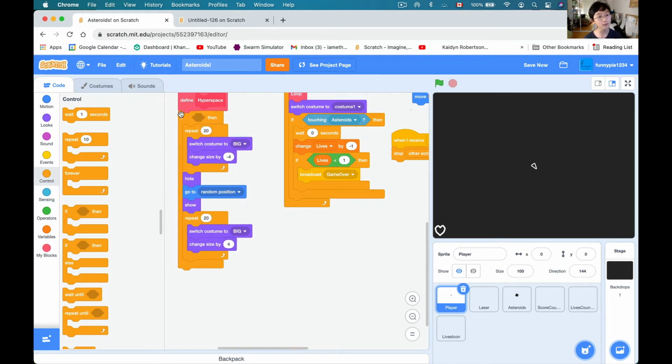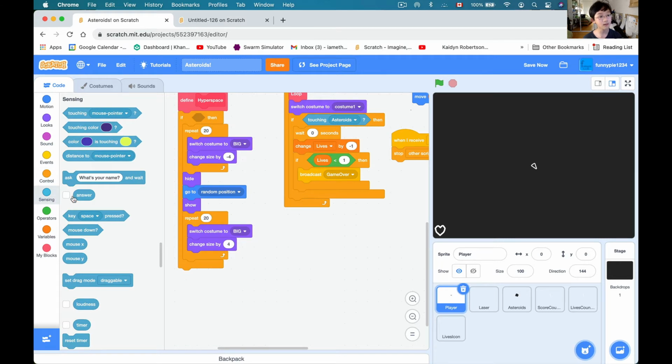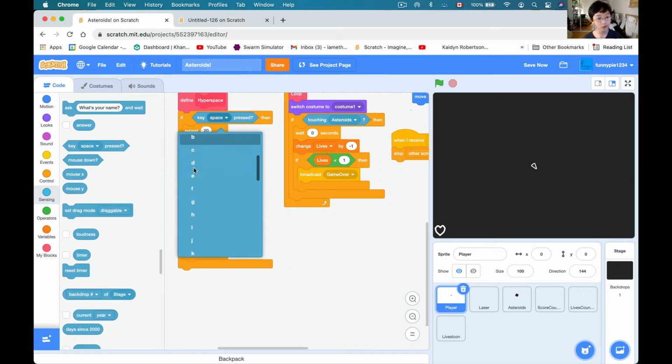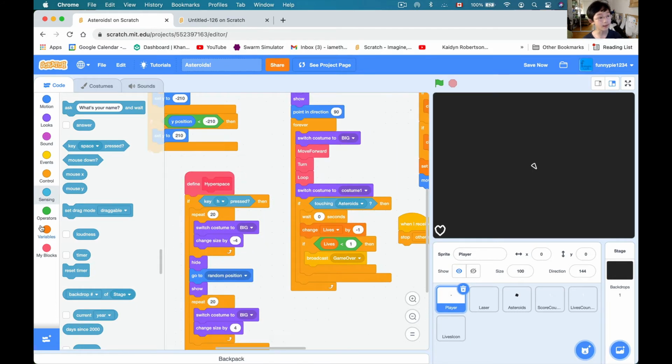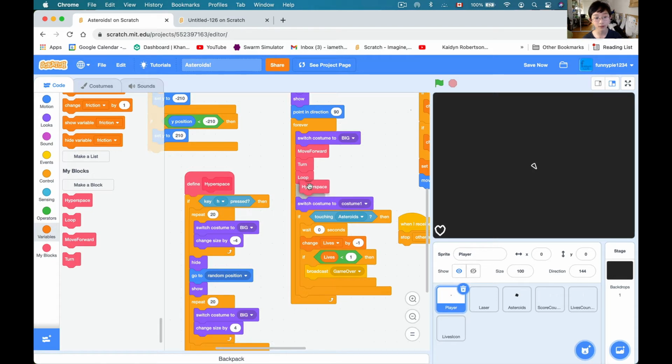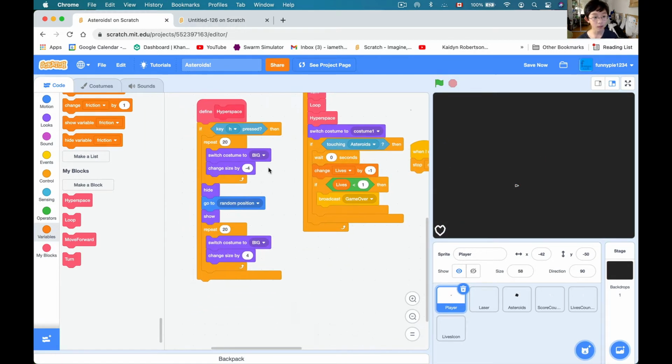So I'm going to say if key H pressed, H, then yeah. Okay, so I'm just going to go ahead and grab the hyperspace block and put it in there. And try it out. Where'd it go? Alright. That doesn't seem to be working how I want it, so...